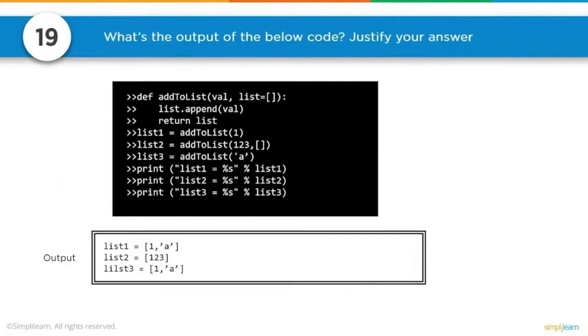What's the output of the below code? Justify your answer. This is a great interview question because these are the kind of things that come up when you're proofing code. def add_to_list(value, list=[])